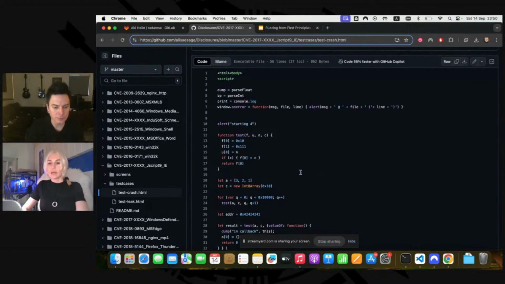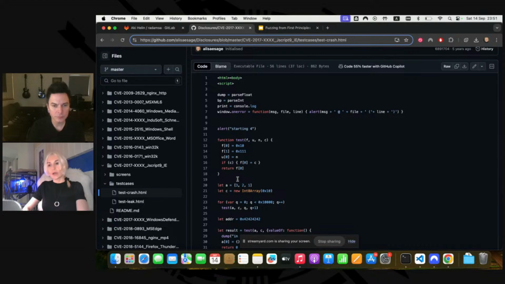My basic idea is that I noticed that Microsoft JavaScript has a particular problem with transitioning from typed arrays, or transitioning the type of array from one type to another. And during that transitioning, it would easily hit a type confusion. This is the problem inside of the Chakra core engine, which is currently not used anywhere, I think, but it had this problem a lot. So I noticed this pattern. I noticed this bug somewhere. I realized that it would be more popular because the problem appeared quite systematic to me.